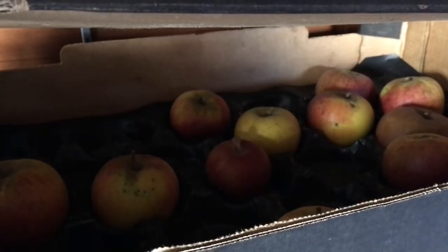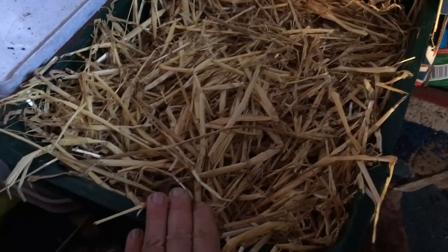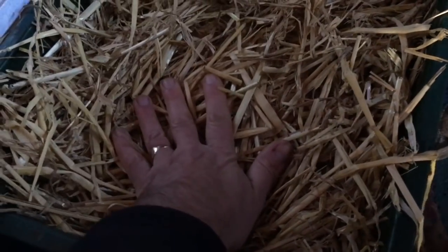And the last few apples, which are only fit for cooking, and the box at the top, which is full of the potatoes that we're currently eating. And we've got our best potatoes, all bakers, which are underneath this straw. We just put that box over the top, and then underneath this box here